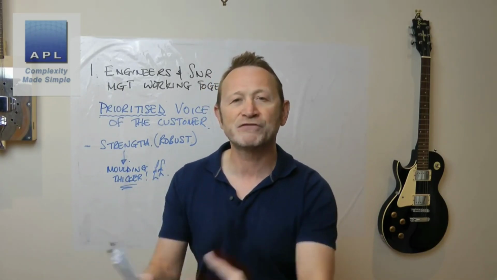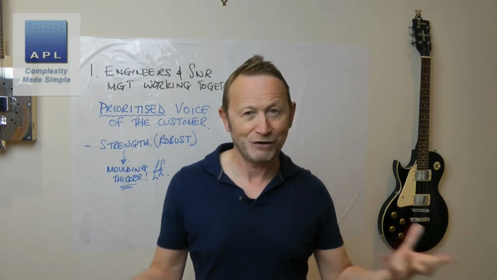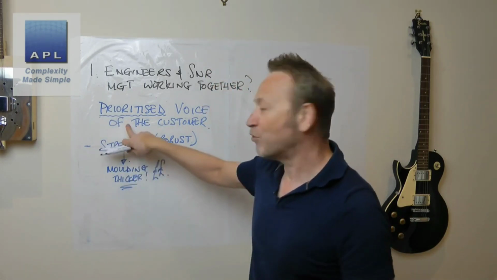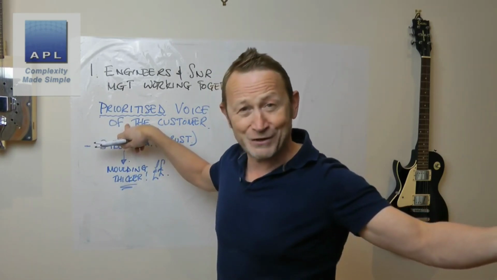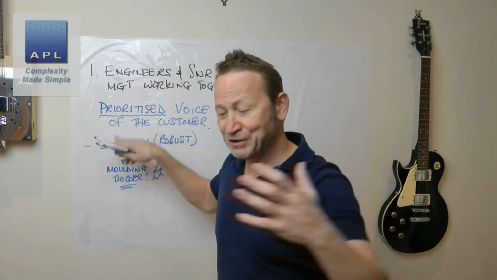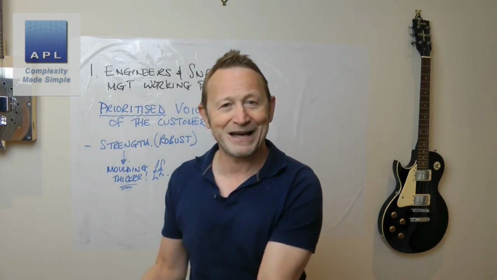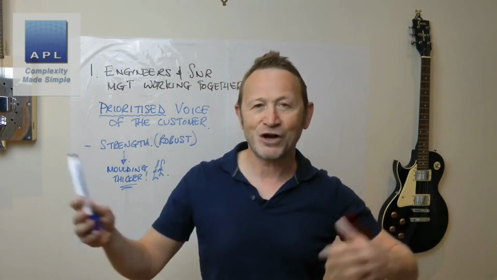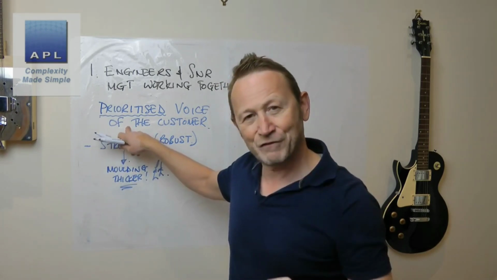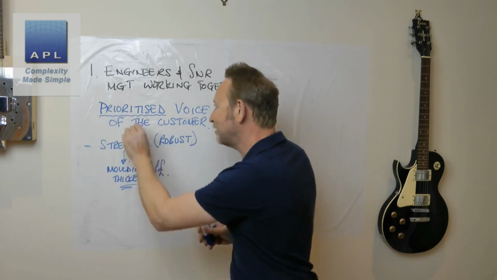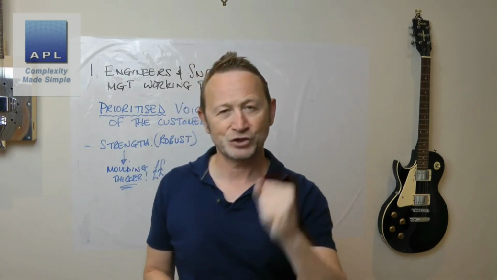But now the idea of saving money by taking doors off a car is ridiculous, because we know the prioritised voice of the customer. The customer wouldn't buy it. Customers will pay £30,000 for a car that in 1900 they were paying £800 for. Times have changed enormously, but part of it is an implicit understanding of the voice of the customer. So that's the key thing. You have to have a prioritised voice of the customer in the design process, then all decisions can be easily made. There is the answer to question 1.